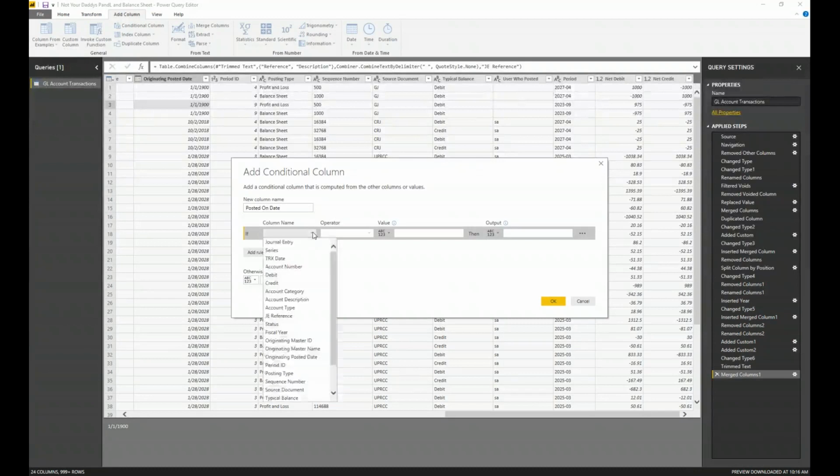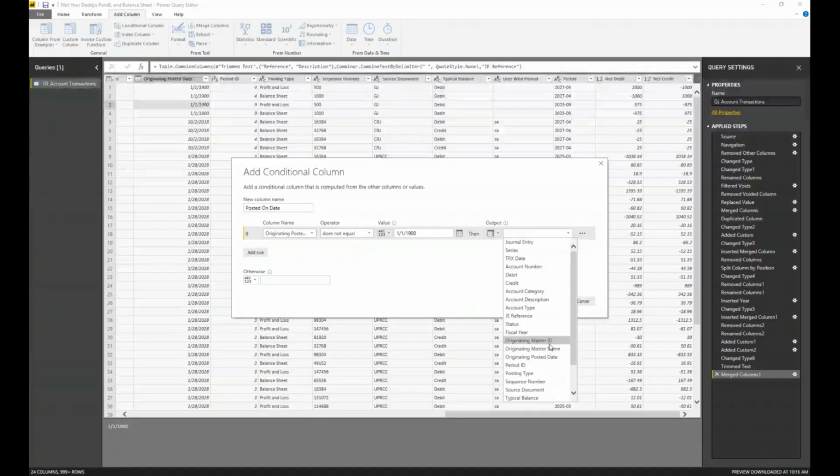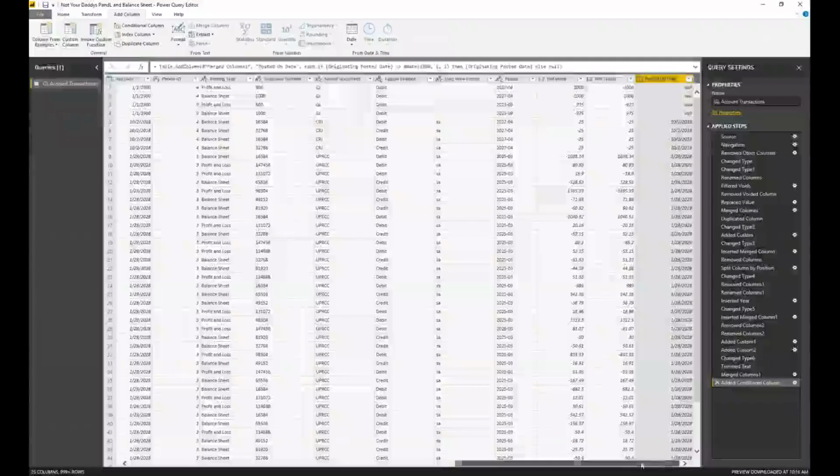And I'm going to come in and say if the column, and let me find that originating posted date, if it equals 1/1/1900, now it knows it's a calendar, so it allows me to select it from a calendar. If it's 1/1/1900, then I want it to be blank. Otherwise, let me do it this way. Does not equal, then let me get the data from the column originating posted date. Otherwise, I'll leave it blank. So that's how I'm going to get that.